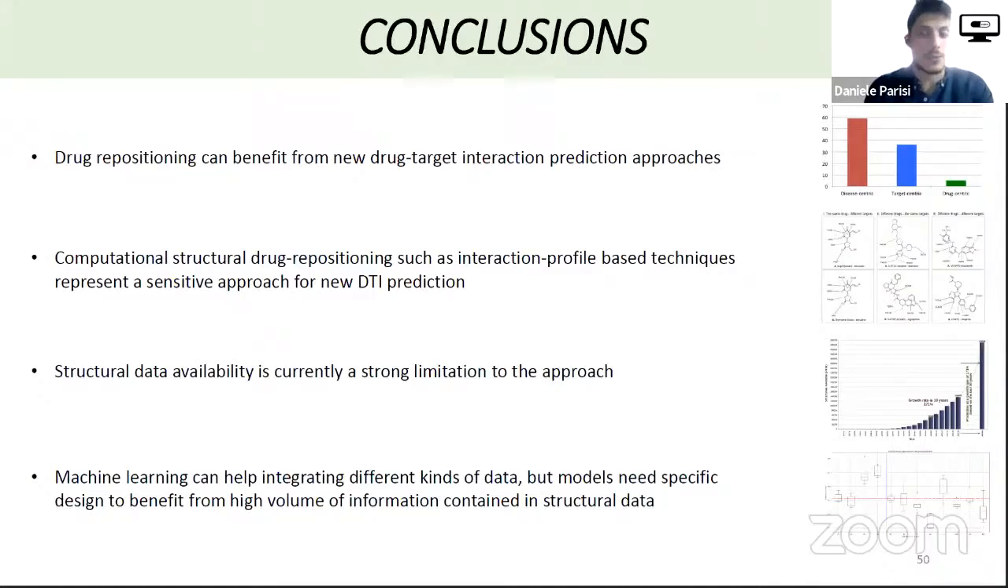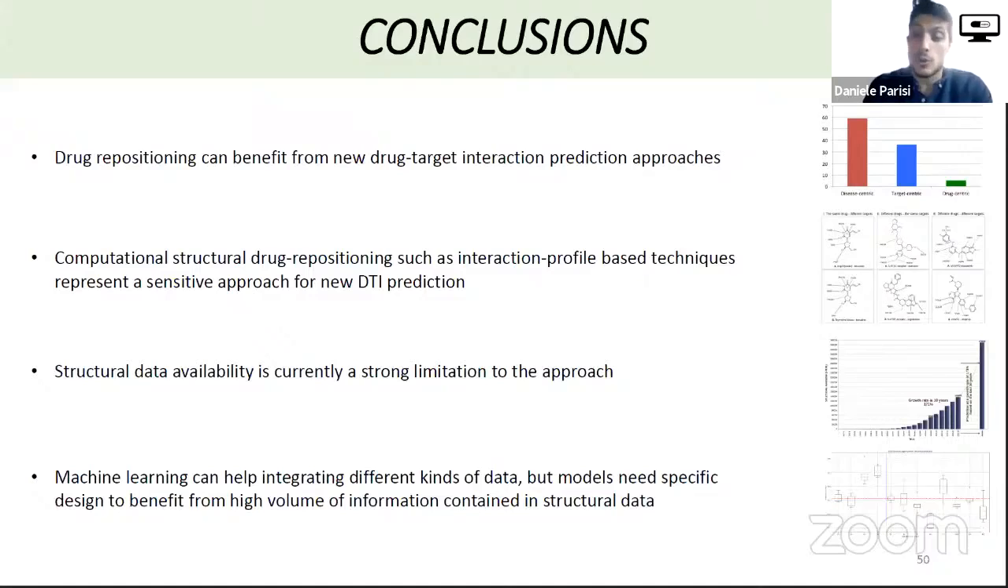There is space for structure-based drug repositioning to bring more new drug target interactions to the market. The problem, of course, as we know, is the availability of structural data. So we need more structures, crystal structures or reliable models that we can use in order to make